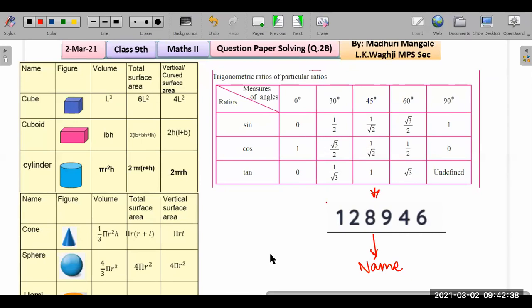Pragati, please go slow. Look at the table. Please don't do random guesswork. This is a very simple and easy quiz. Just need the two tables, surface area and volume with the trigonometric table. Okay, Sanu, you are doing great. Sanu, but just remember the formulas. Look at the table and then try to answer.